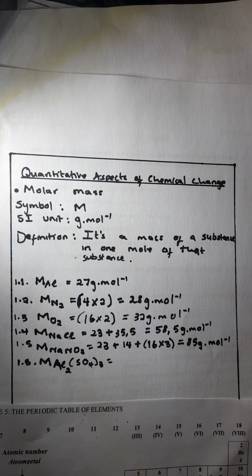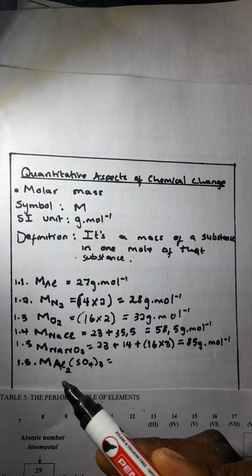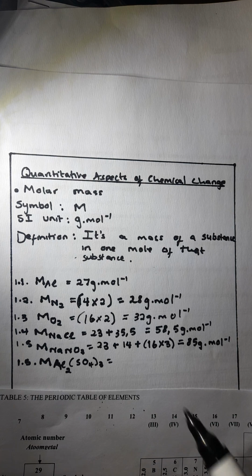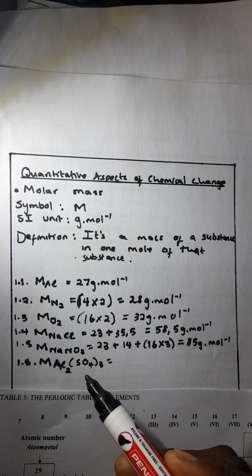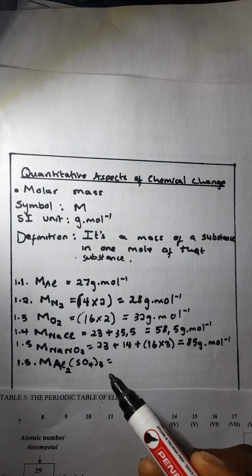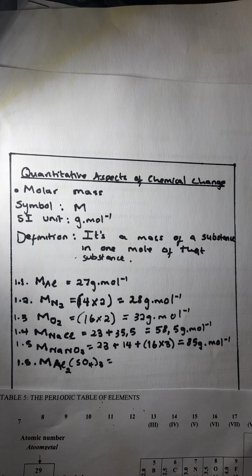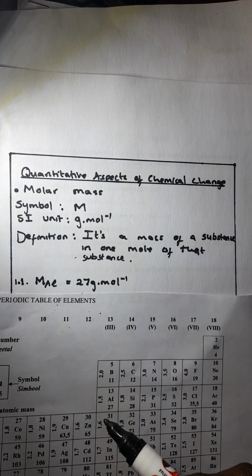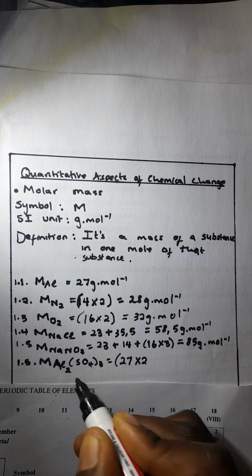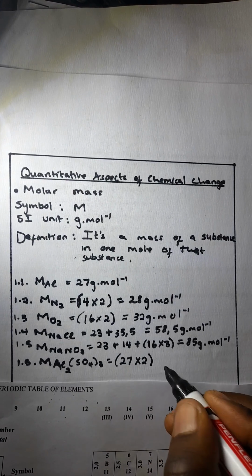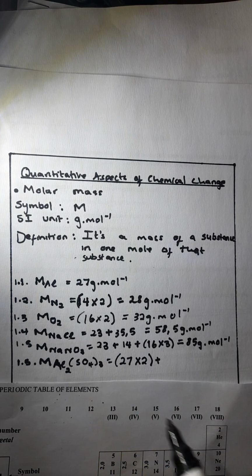Let's look at our last example. We are having aluminium sulfate. Please take note, this is Al, okay, 2, open bracket, SO4, close bracket, 3. I hope you can see clearly that it's aluminium sulfate. All right, now, what is the molar mass of aluminium sulfate? Remember, we said for each atom of aluminium is 27, but how many are we having here? We are having 27 times 2. There are 2 atoms of aluminium plus, okay, how many